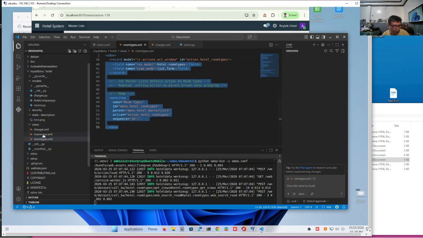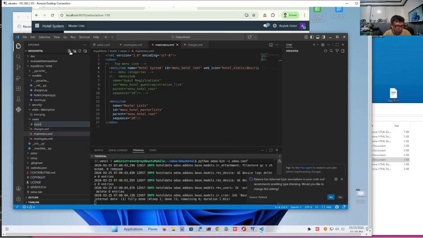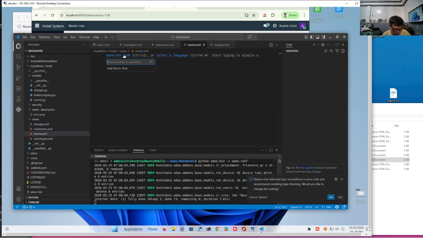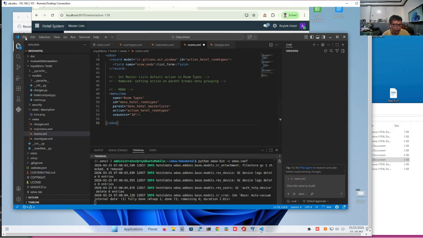And then in the same location, we'll create rooms.xml and paste it. I'm going to also publish this in my GitHub repository, so you can have a copy. So there it is. We'll save it first, but we are going to update the contents.